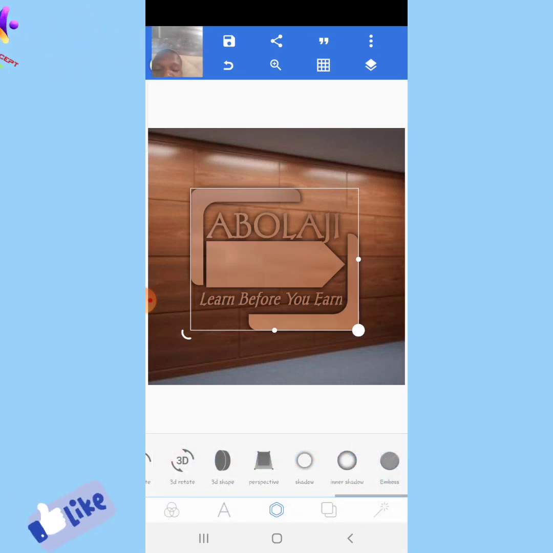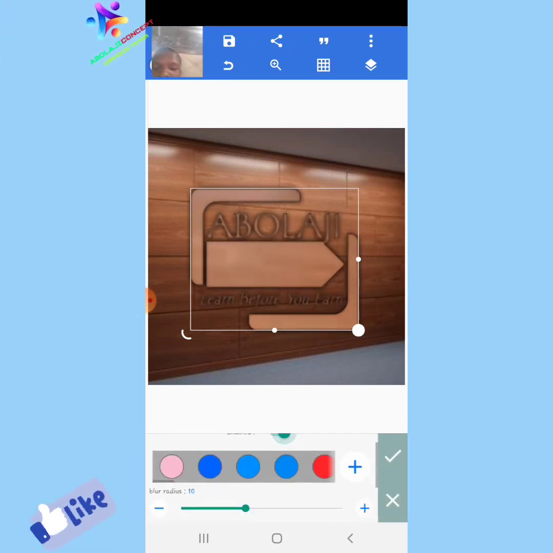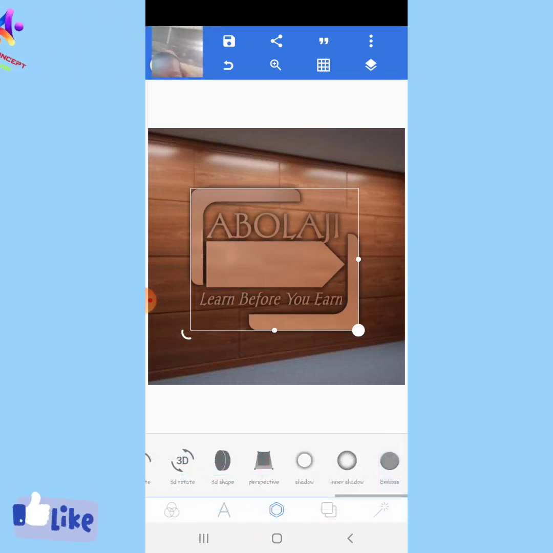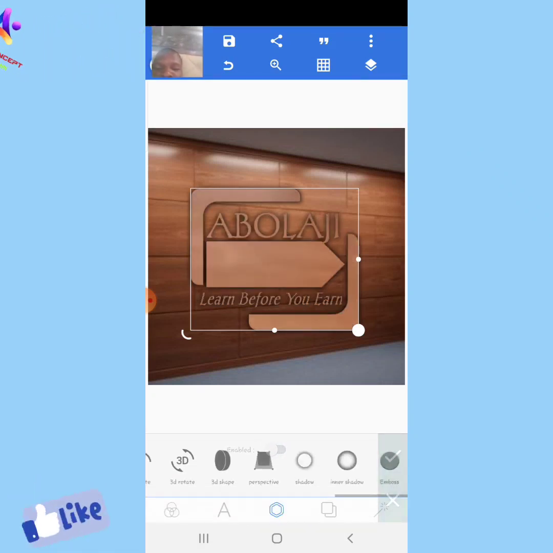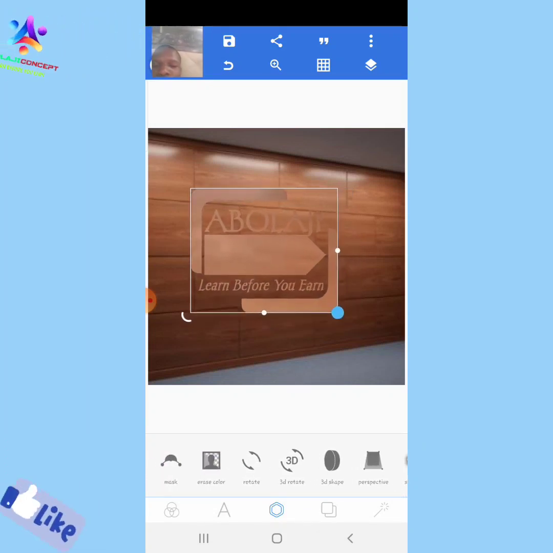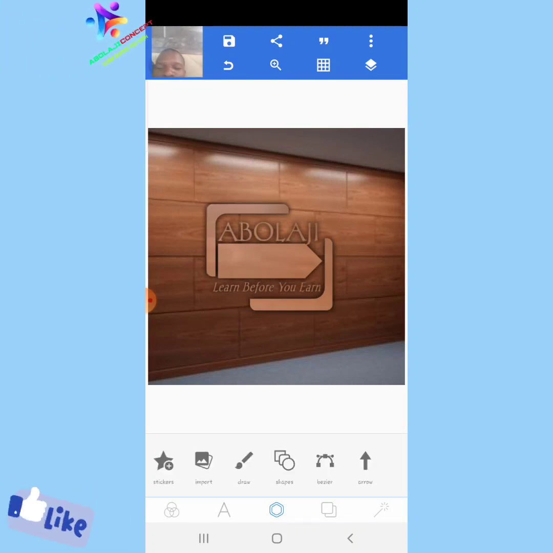After done with that shadow, come to inner shadow. On that also you can adjust it here. As you can see, you can just give it like two inner shadow. You have done with that. Emboss, you don't need this one. So come to, where's the remaining one? So as you can see now,